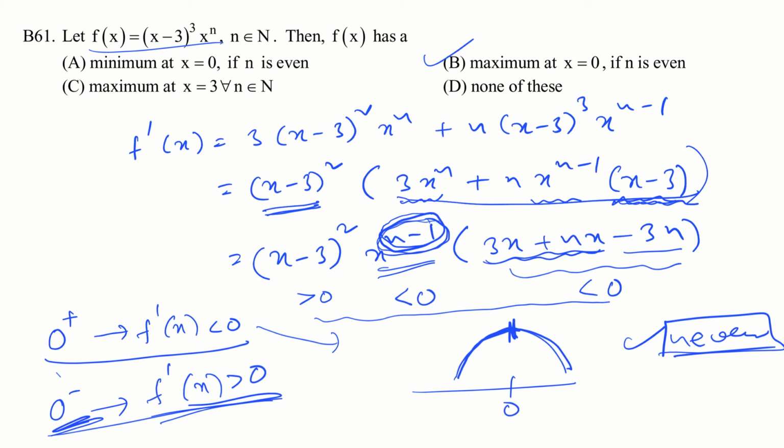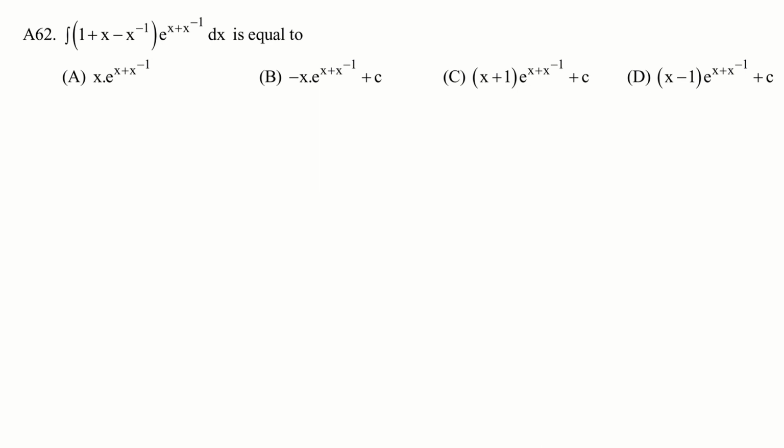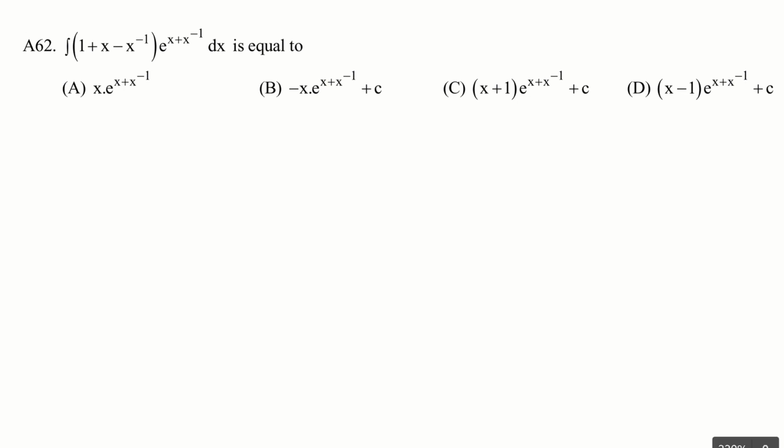Now if you want, you can similarly rule out the other options. Okay, let's go to next problem. See, in this problem, it is not a conventional problem, not an orthodox one, not one that usually we study. It does not come under any of those types. So I observe that in each and every option that he has given, x into e power (x plus 1 by x) is there in every option. So for fun, let us take its derivative.